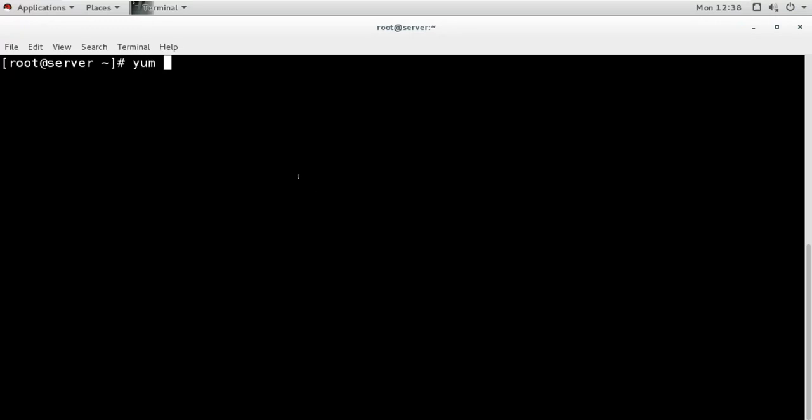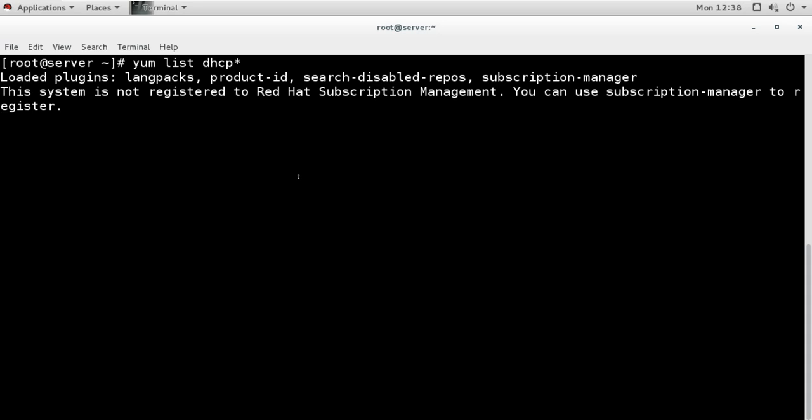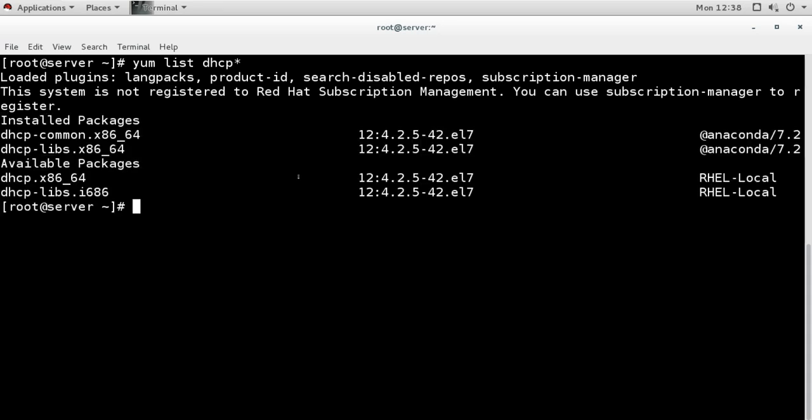So first I will check. I have configured the yum server, so I will check with yum list dhcp*. Okay, it is saying that the already installed packages are dhcp-common and dhcp-libs, but the main package, that is dhcp, is not installed. So I'm going to install this package.